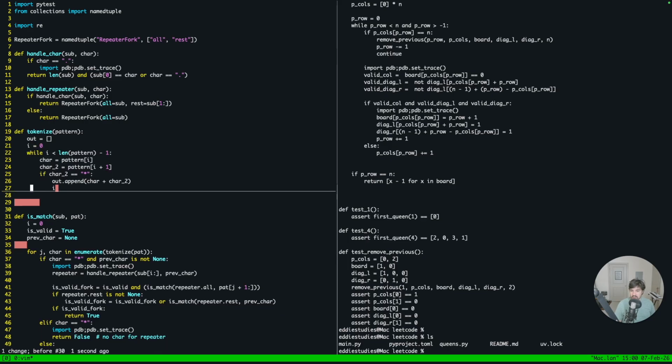I plus equals 2. And this is just saying, we have this new char, which honestly, it looks like it would be an object that kind of handles the permutations. So maybe handle char is going to respond with a